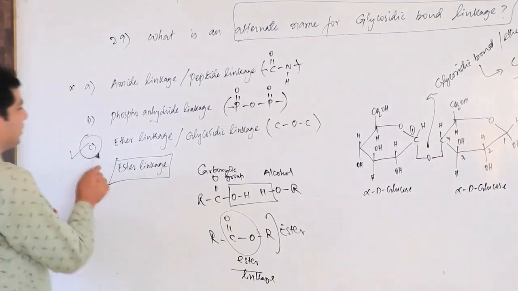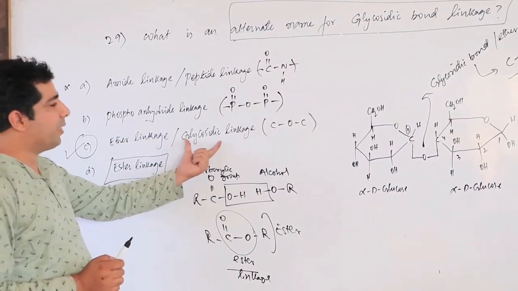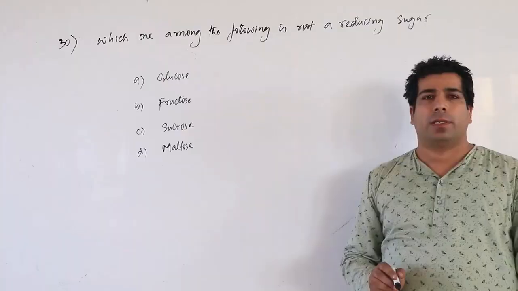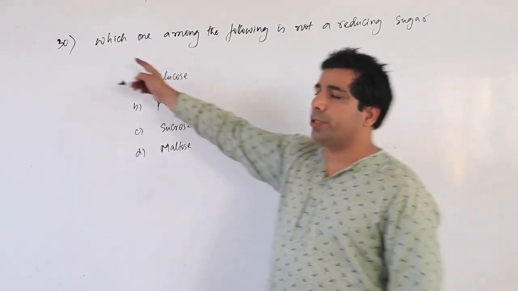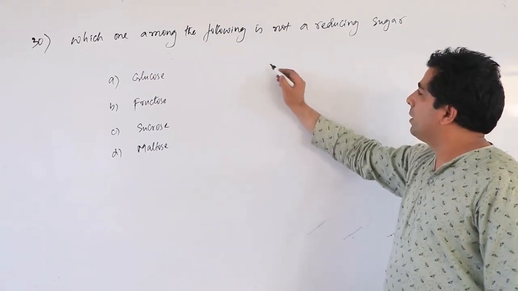So our answer is this one. Ether linkage is also known as glycosidic linkage. C option is the answer. So dear friends, let's look at the question number 30 here. I have told you last time, if you remember,